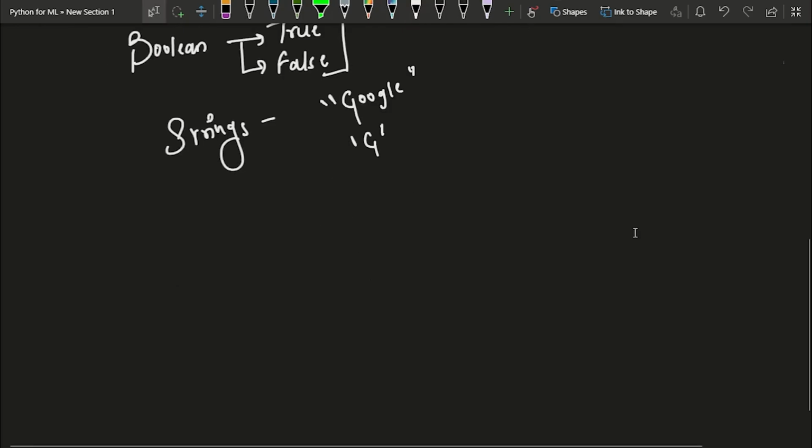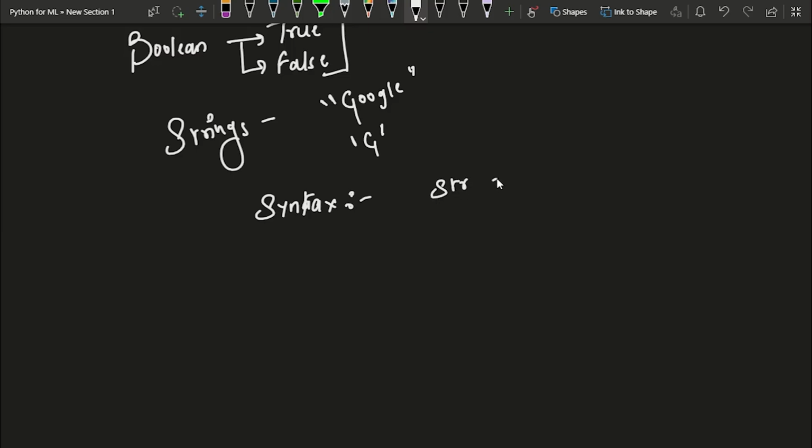So if we take some example of a string, let's create a variable inside which we will store this value Google. So the syntax would look something like this. str equals Google, right?